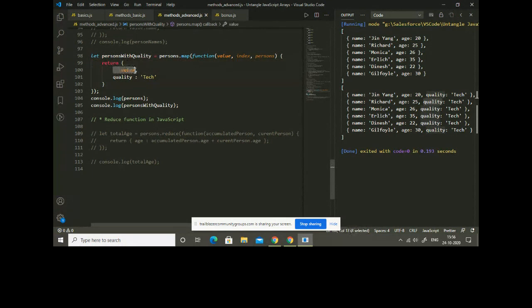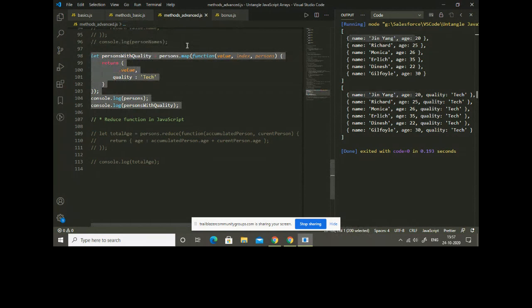And in case you are wondering about this particular syntax, that three dots and then a value, this is basically a spread operator, and I'll show you what it is moving forward. So we already have it covered, so don't worry about this. But basically, for now, you can just consider that I'm having the original object, and then I'm adding one more property. So it is breaking down the original object properties like name and age, and it is having it there like name colon something and age colon something, and then a comma, and finally I'm having a quality and then text. So this new object is being returned, and it is stored in an array, and finally that array is returned. Okay,